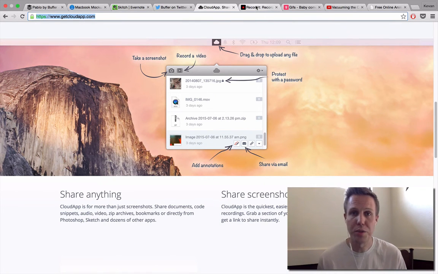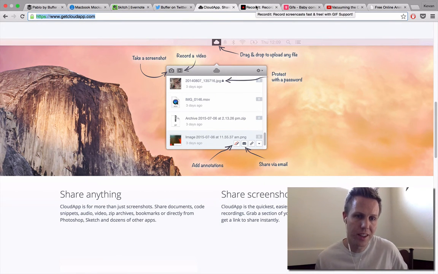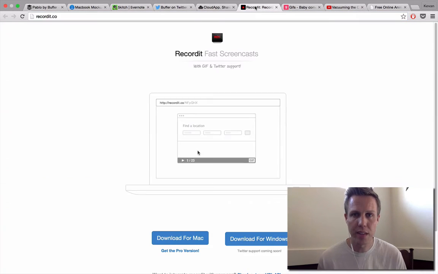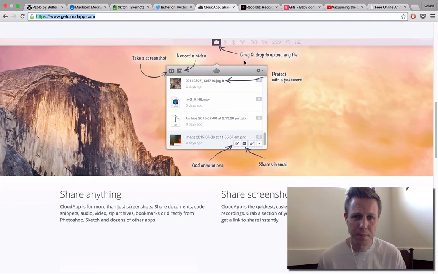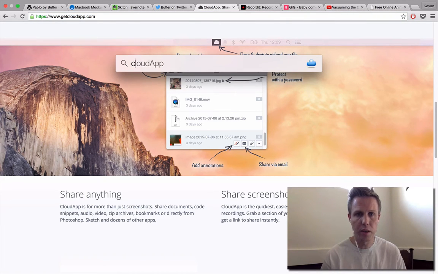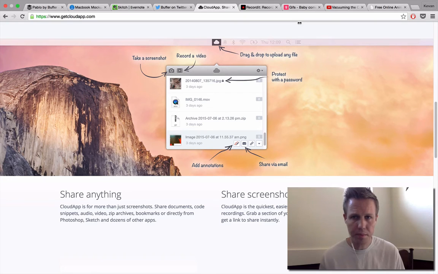The next option I thought is really cool is a way to create GIFs of different things that you might have online. So if it's a workflow on what you do in your online marketing, or something on your website that you want to record and share, you can do it with this app called Cloud App. And Cloud App is a really cool one. It takes an image or a GIF, whatever you choose, and then it uploads it online so you can share the link or you can grab the image from the download. I'll go ahead and open it here and show you just real quick what it looks like.